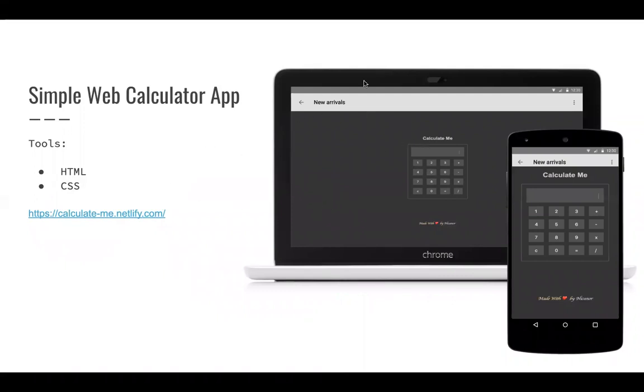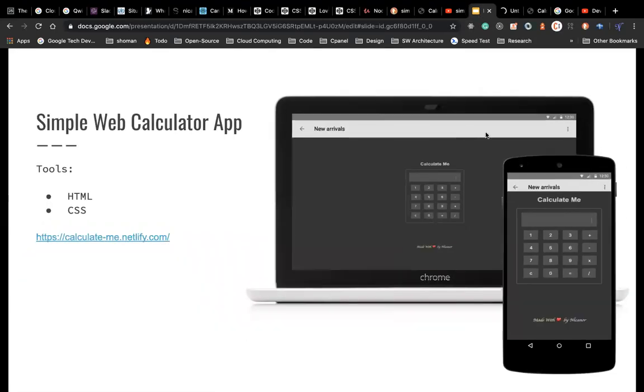You can see we have this one on the computer, and on the phone this is how it will be. It's just a small application called Calculate Me, and if I can just demo that, hopefully my internet is very fast. I don't know, not so fast. Okay, as that one loads,